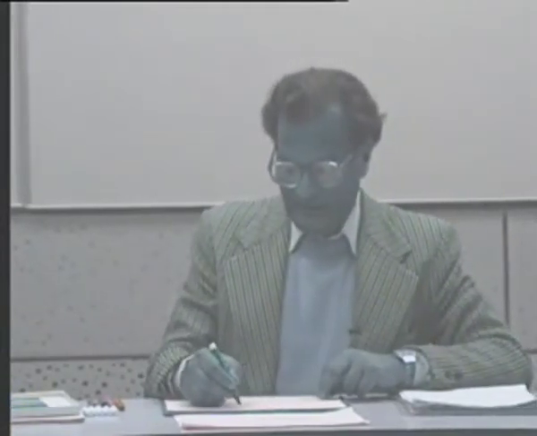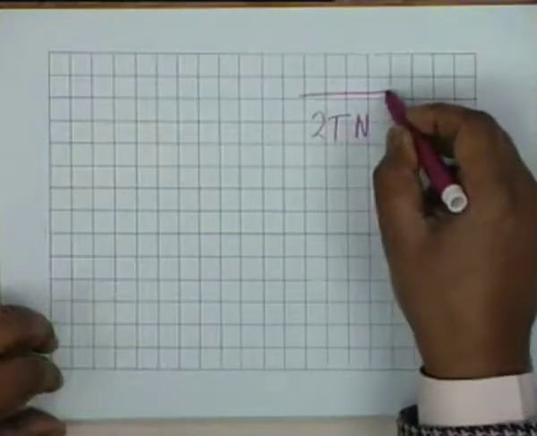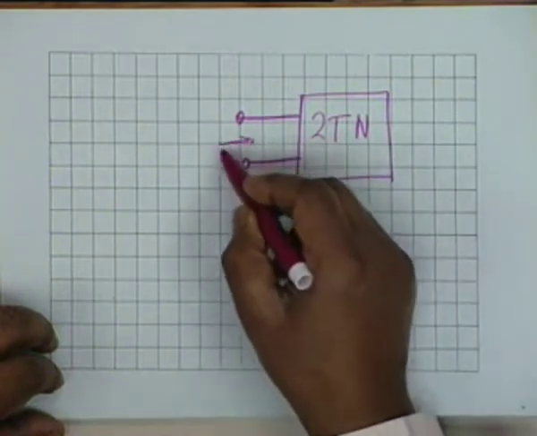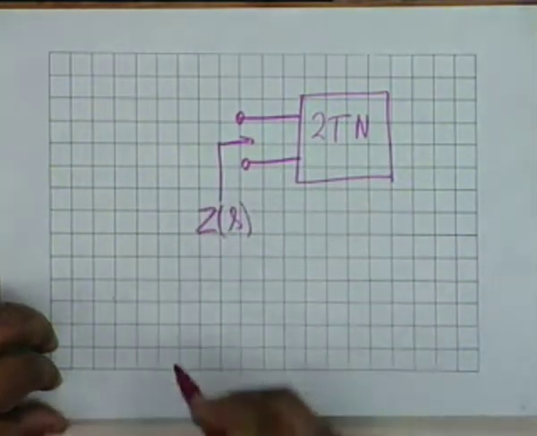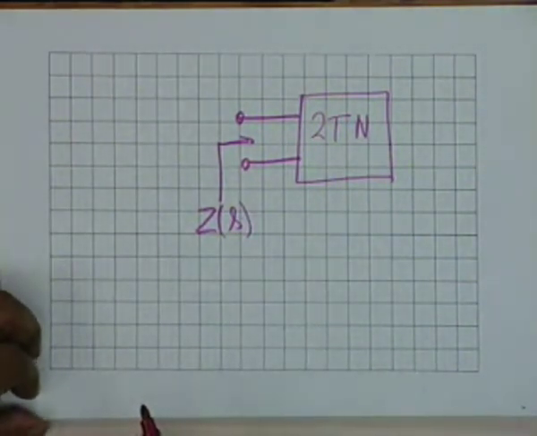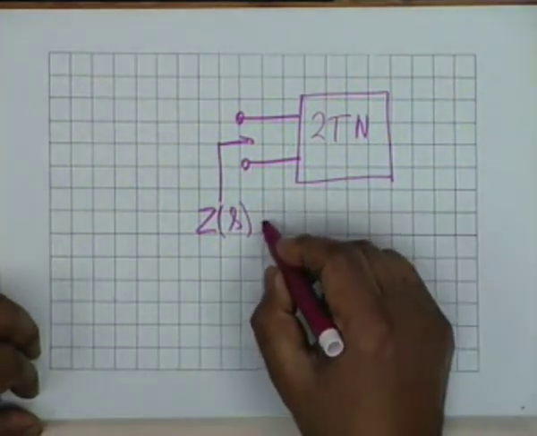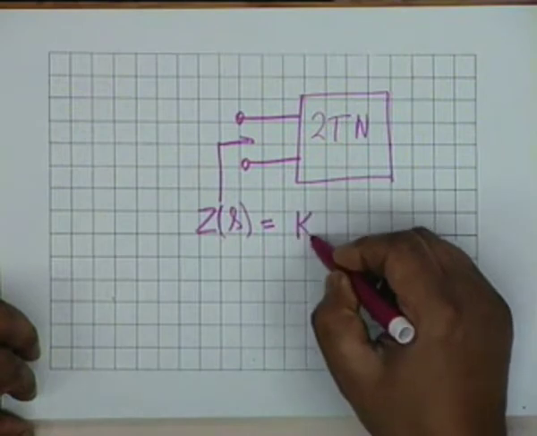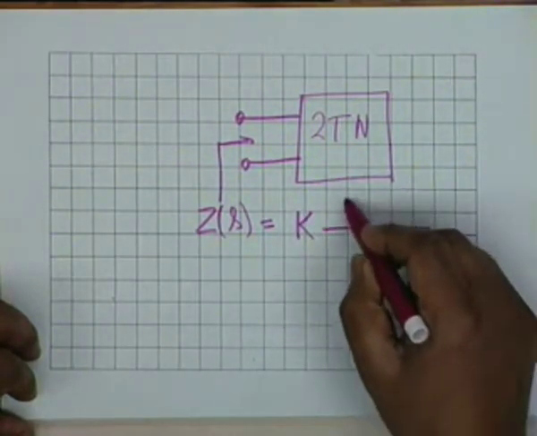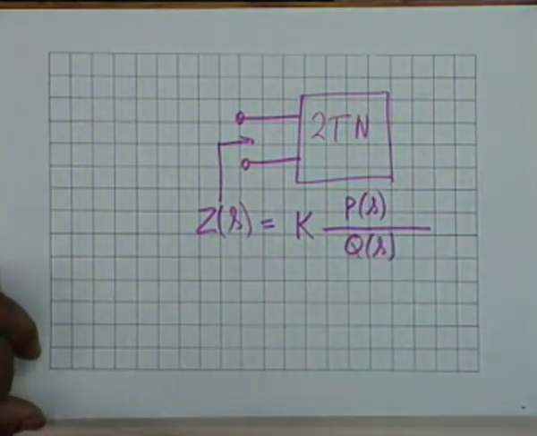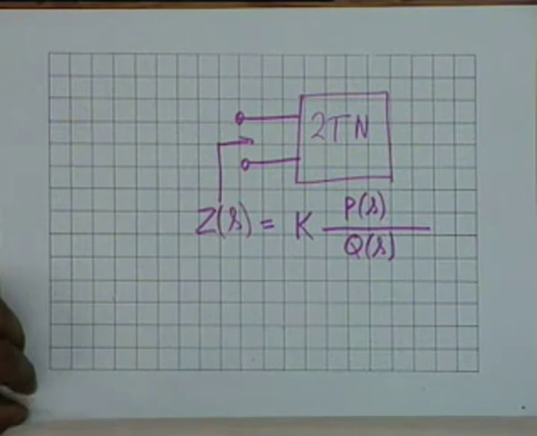you know that if I am given a two-terminal network, as we have been discussing, and I find out the impedance Z of S, by definition it is the ratio of voltage to current, provided one of them is of the form e to the st, and we had shown that Z of S is in general of the form k multiplied by a polynomial P of S divided by another polynomial Q of S, where we have taken care that the leading coefficient of both P and Q are unity.